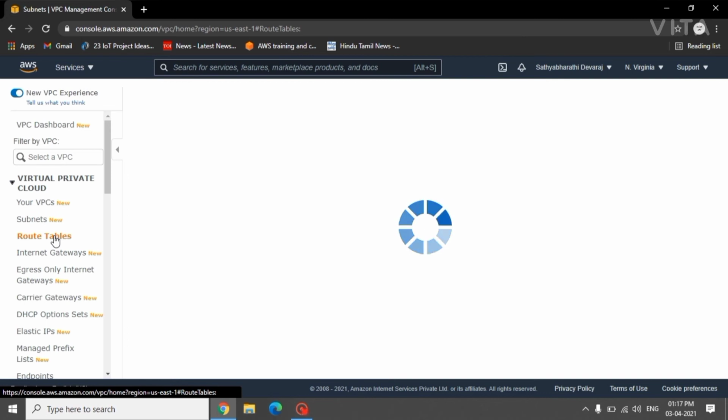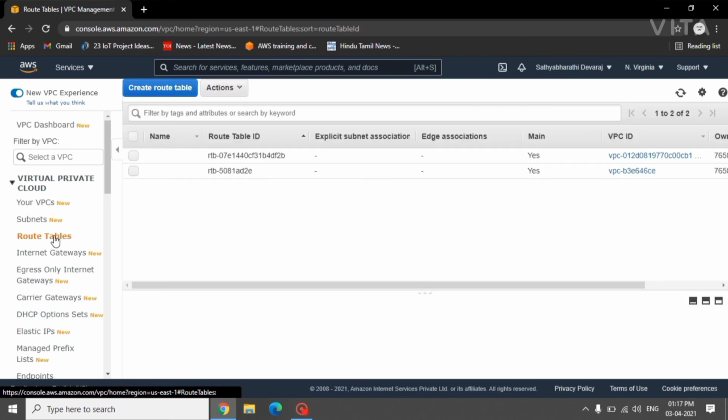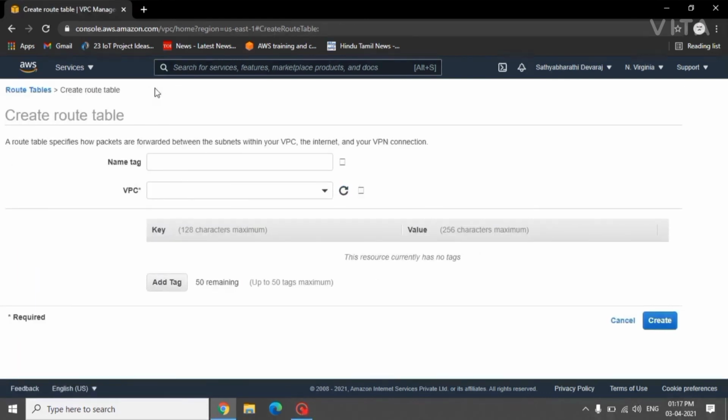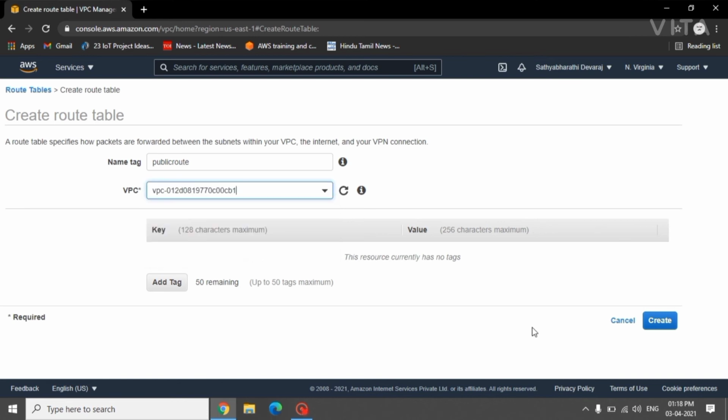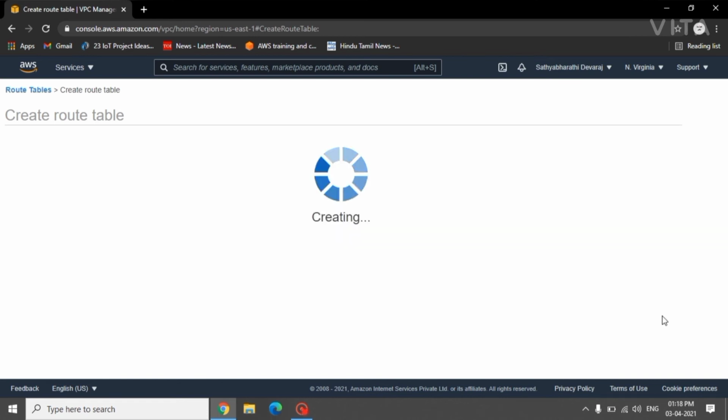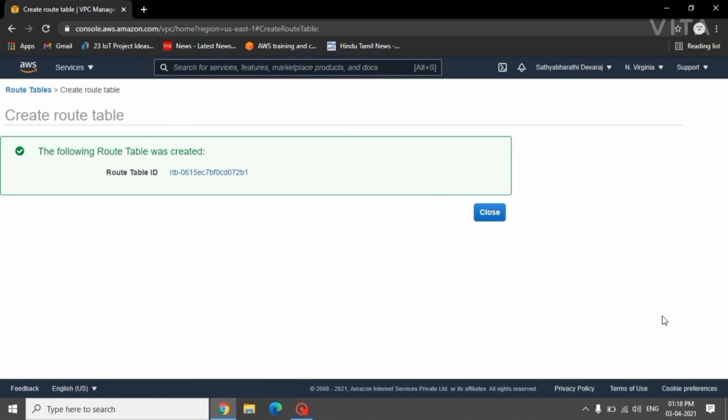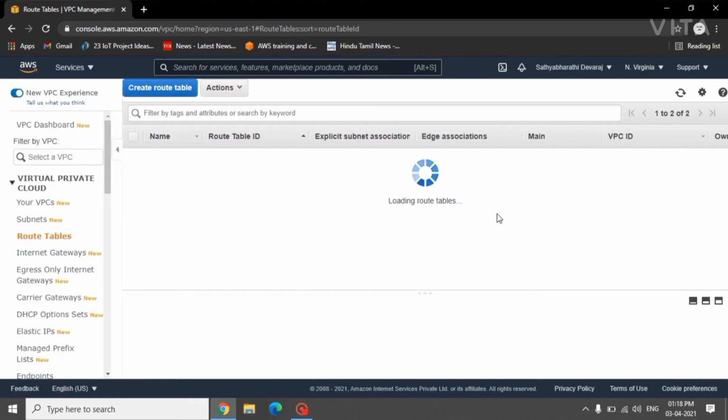So click on route tables and give create route table. First, let's create a route table for the public subnet. In the VPC, give the VPC we have created, then create.